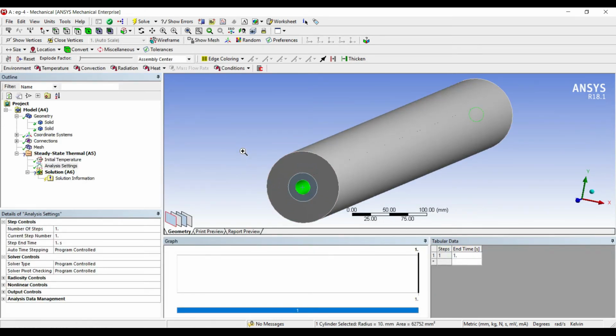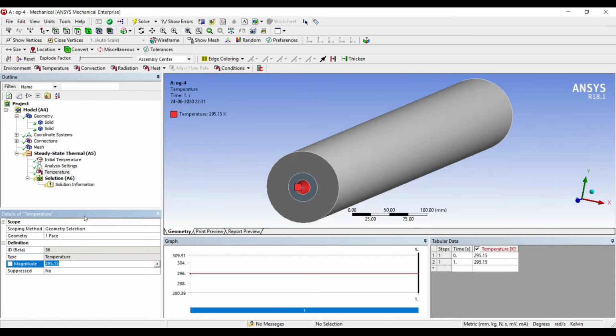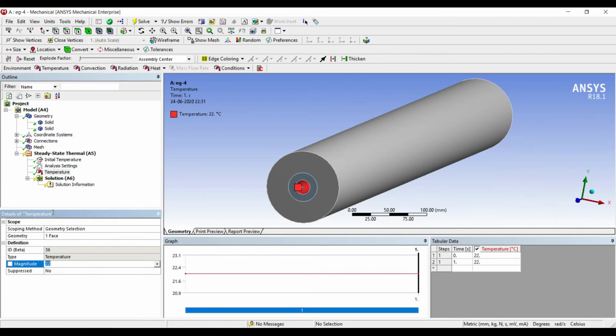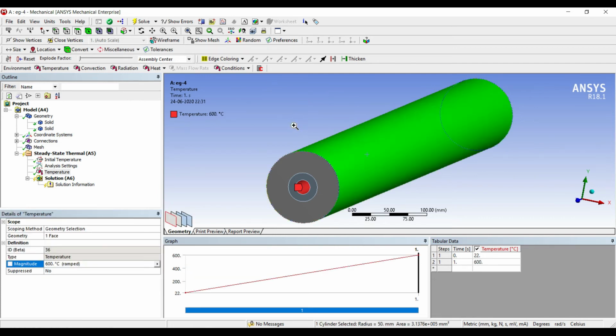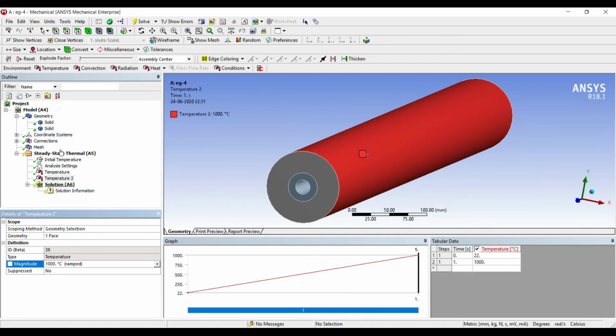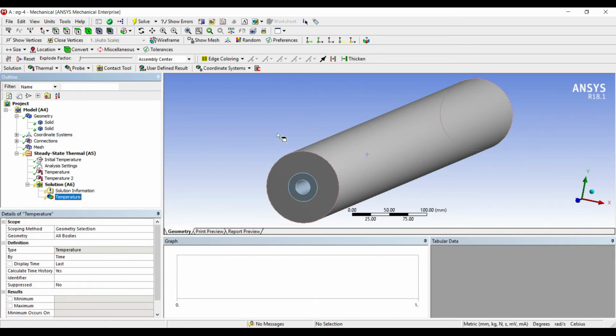The inner surface has a temperature, you can see over here. We can change the unit system if needed, so I'll choose it as Celsius. The inner temperature is 600 degrees Celsius and the outer surface has a temperature of 1000 degrees Celsius. I want to solve for temperature change over the entire body.